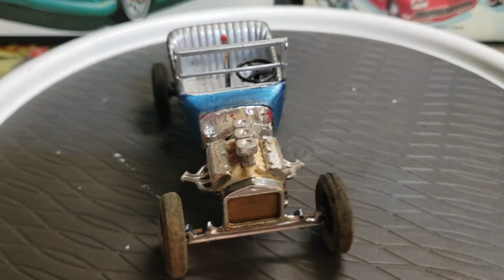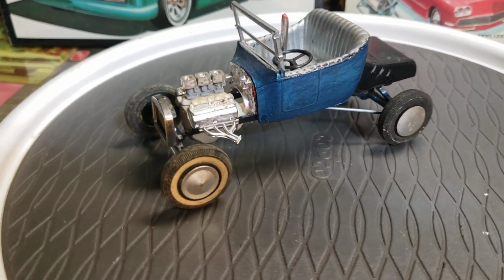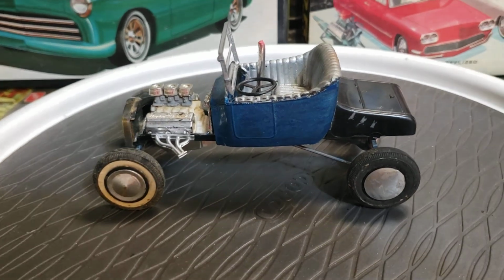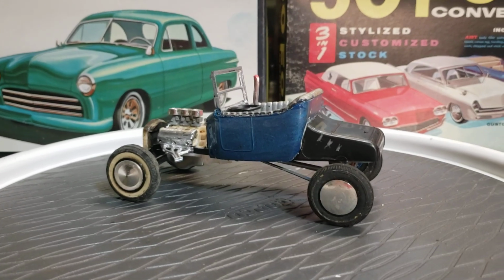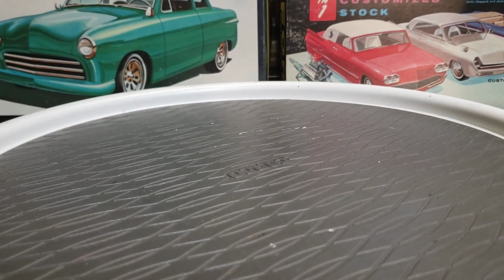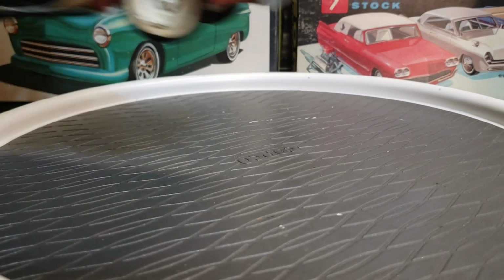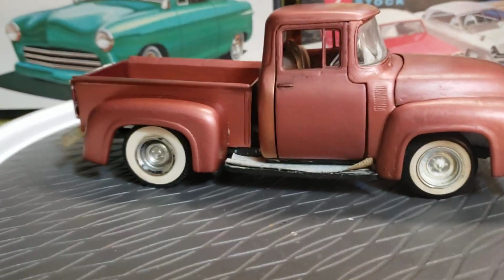I just love these old ones, and when they're rough, they need a home. And you gotta leave them like they did, because when he built this when he was a kid, he just thought it was the coolest thing. So anyway, I got that one from him. And then I bought this one from him. And this is the Revell